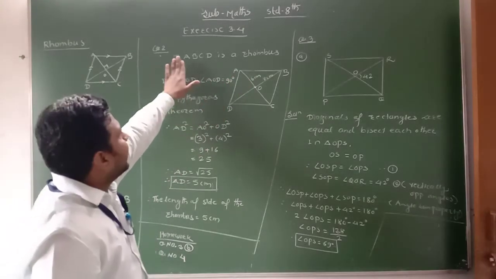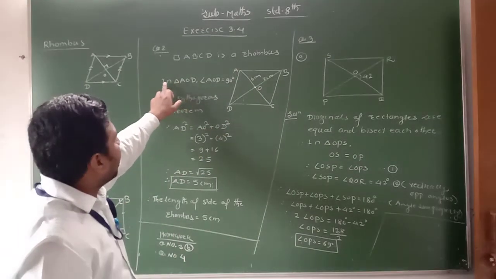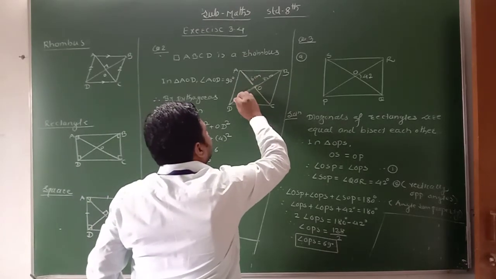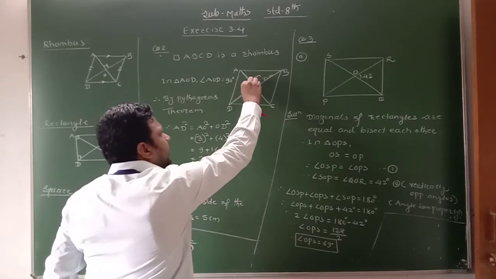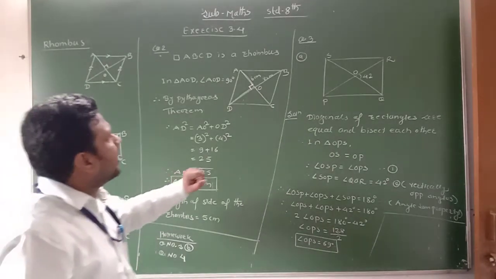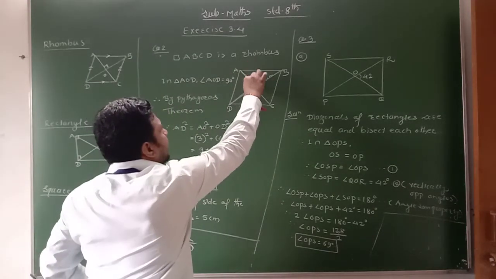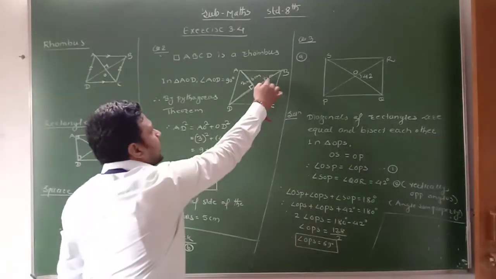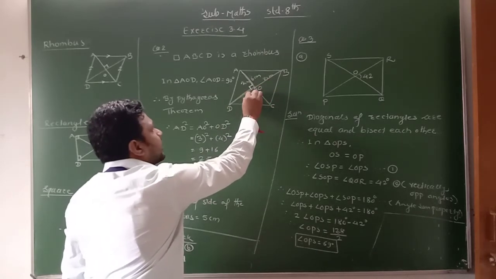Here I take quadrilateral ABCD is a rhombus. Okay. In triangle AOD, see AC and BD are the diagonals of rhombus, intersect at point O. They are perpendicular bisector of each other, therefore there is angle of 90 degree. Clear? And length of the diagonals given 6 centimeter and 8 centimeter. Therefore length of AO is equal to what? 3 centimeter, half of 6 centimeter. And similarly BD is equal to 8 centimeter. Therefore OD is equal to what? 4 centimeters.